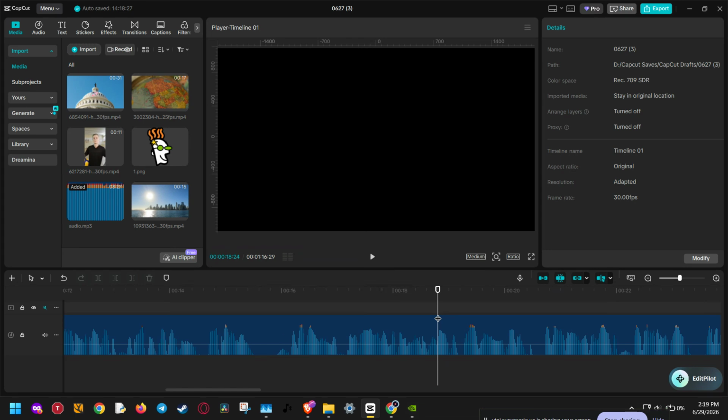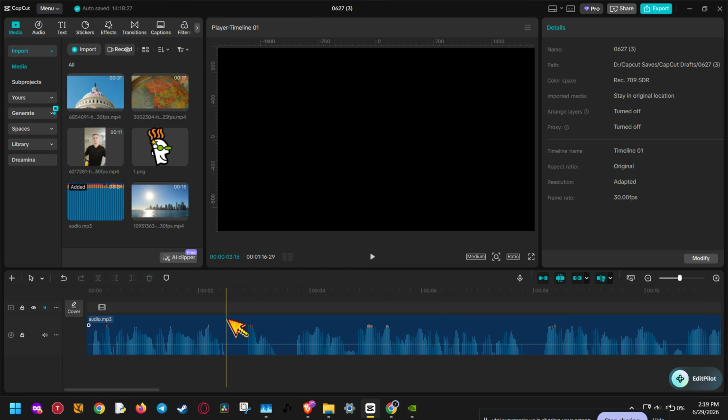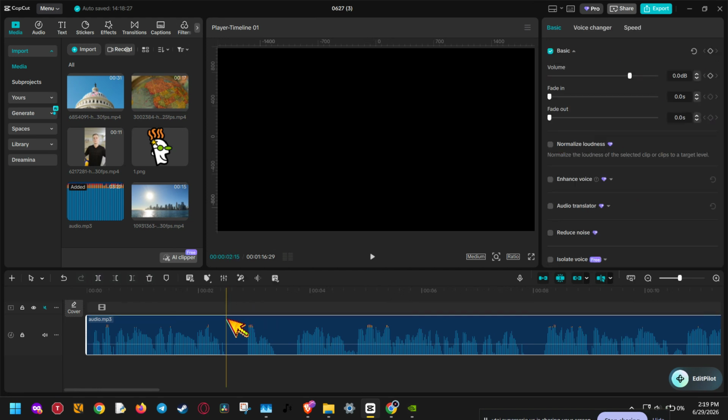Now start scanning through your timeline and look for those long flat lines. Every time you see a completely flat line on the waveform, that means there is a silent section in your video. If you're editing a talking clip, these are usually the awkward gaps between sentences or pauses that make the pacing feel slow. Once you find one, move your playhead to the very start of the silent section,